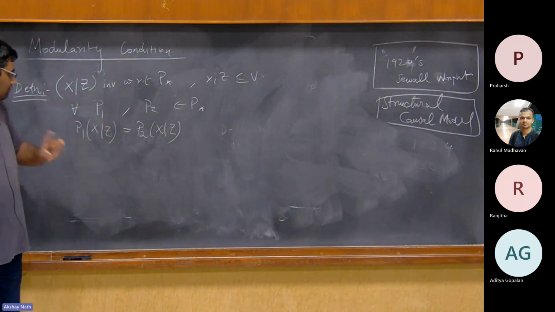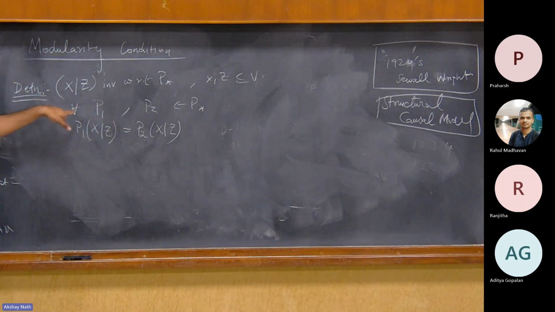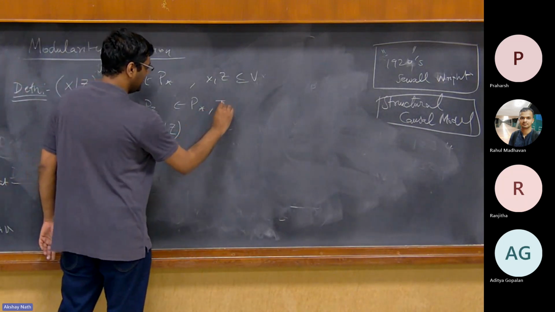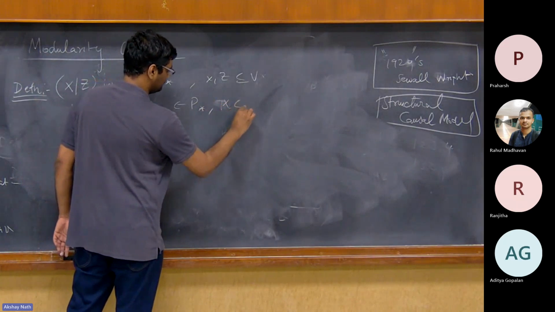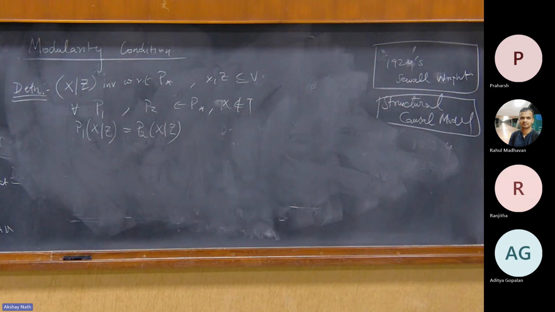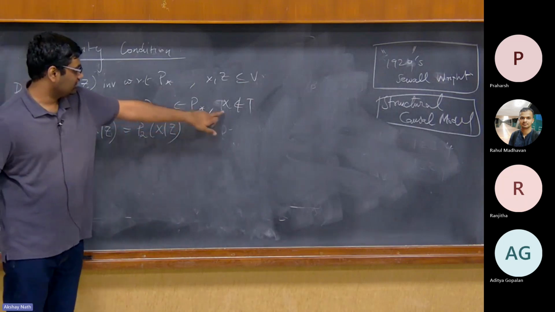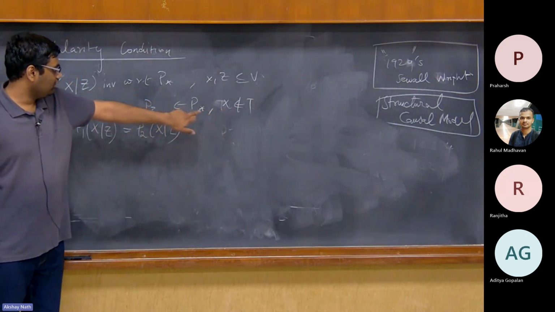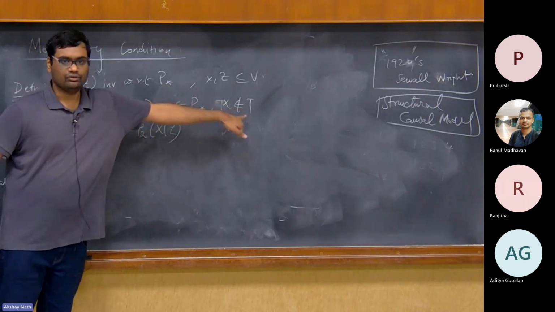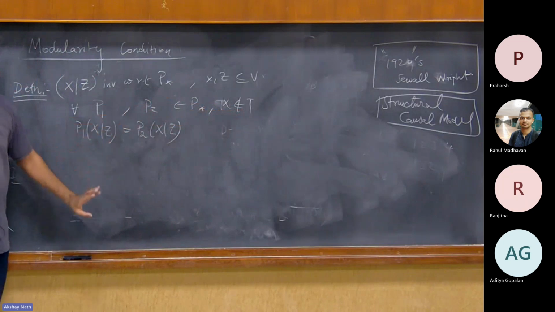Now, like you pointed out, I need to qualify the definition a little bit more. So what I will do is I'll just make sure that X is not in T. You're right. So if I intervene on X itself and set it to two different numbers, this will never hold. Right, so that's true. So I have to get rid of that condition. So I have to make sure that I find two distributions from P star such that this X does not belong to T. Then check with any other.